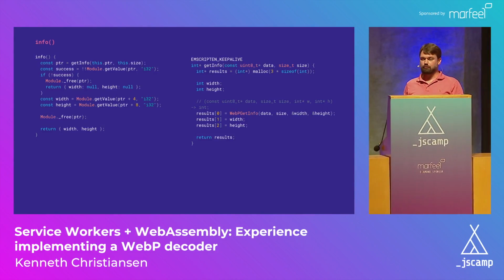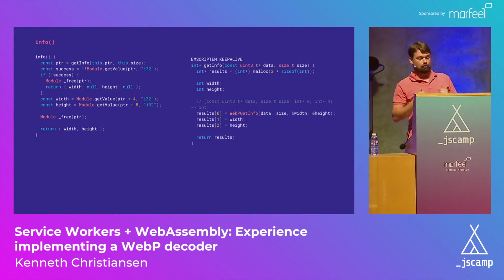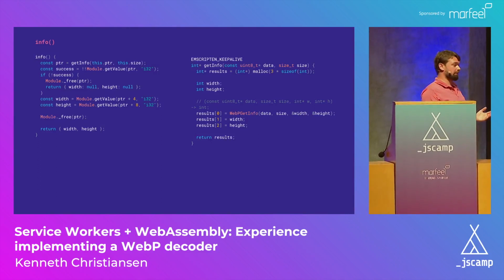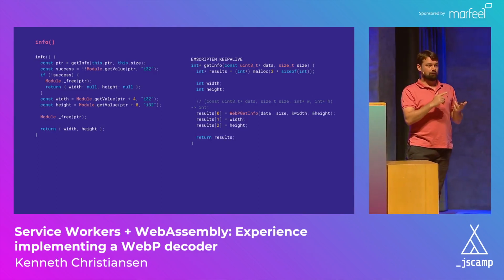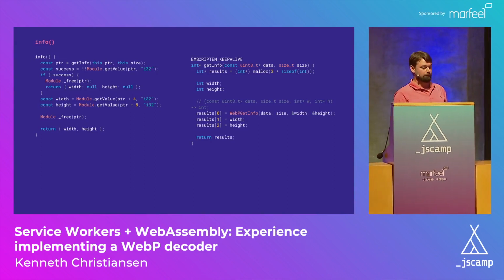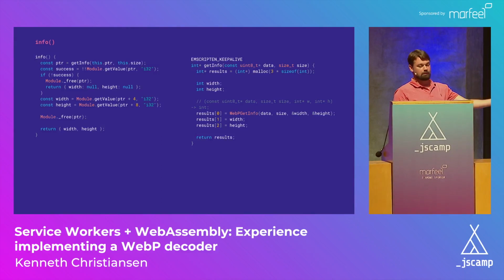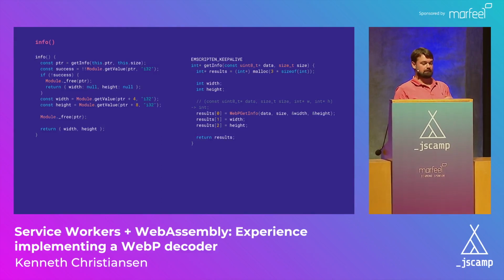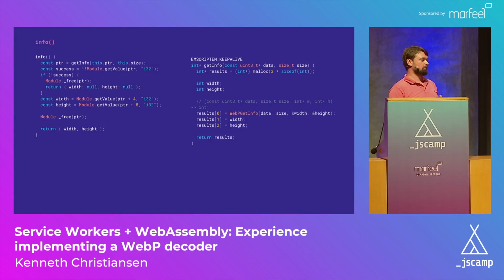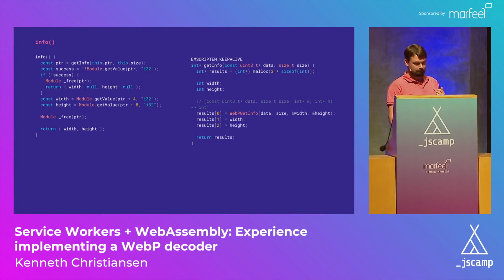So here we have the same function we saw before, getInfo. As I said, it gives me a pointer back to an array of 3 values. As these are 32 bits, it means that they are 4 bytes long, 32 divided by 8. That is why I'm using the offset later down when I'm getting width and height: the pointer, the address, plus 4, and later plus 8. When I have these values, now they're in JavaScript land, in garbage collection land, I can free the original C code. So I'm freeing the object that was allocated in C.